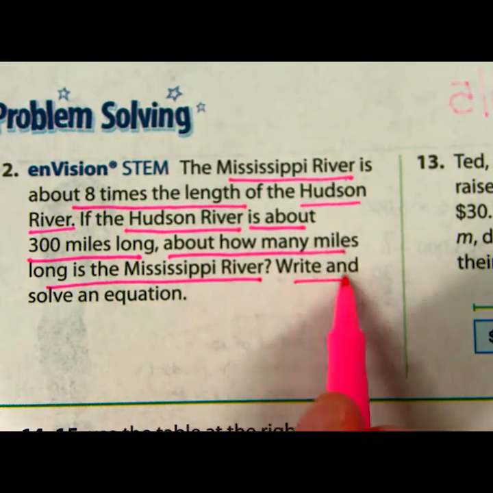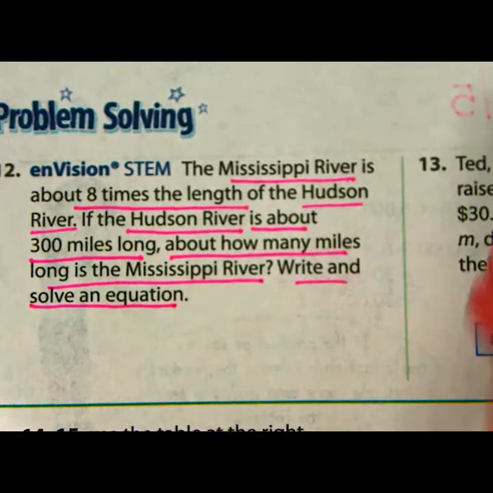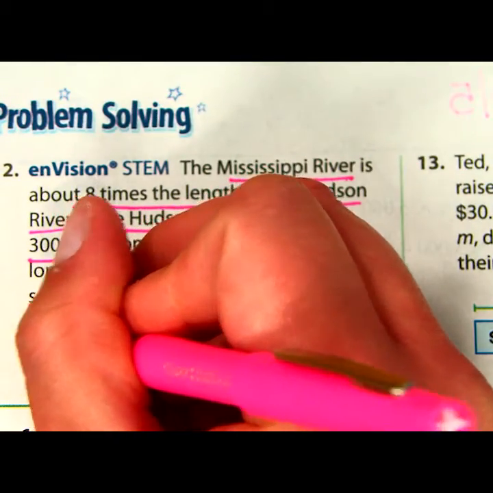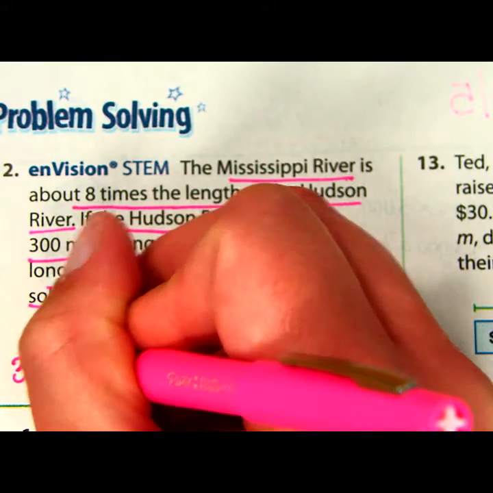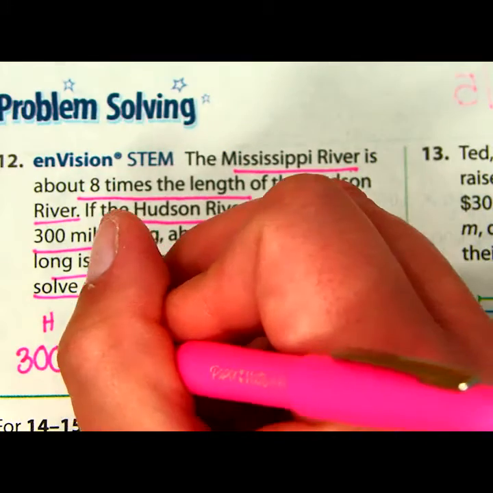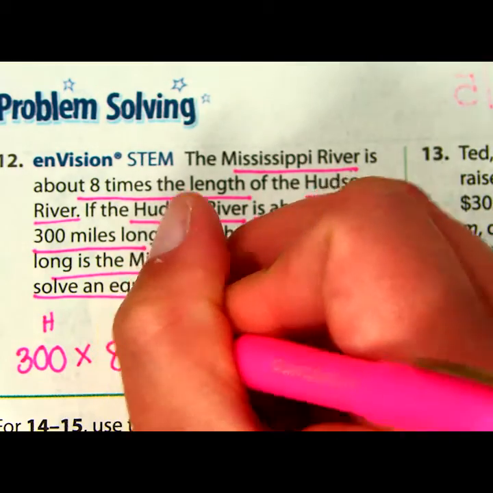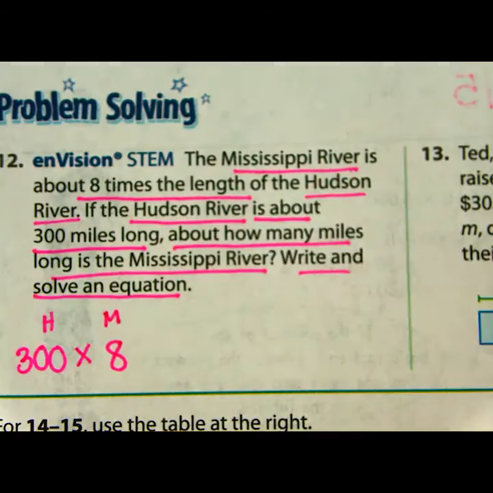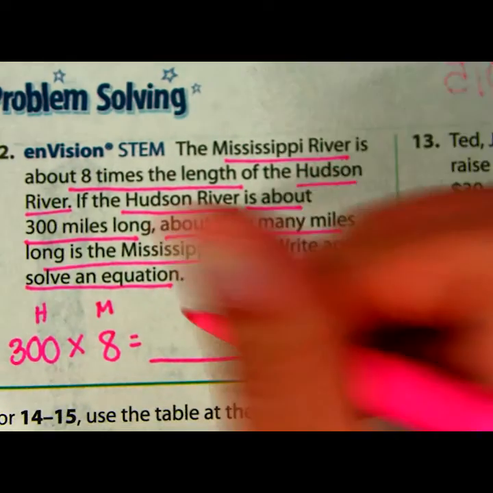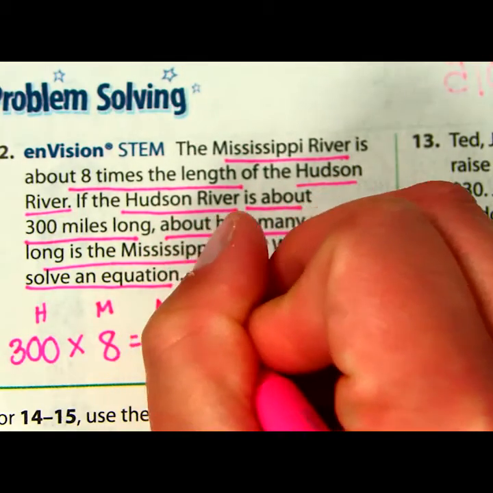Write and solve an equation. So we have the Hudson River is 300 miles long. And then we know that the Mississippi River is about 8 times the length. If we multiply those two together, we should find the total length of